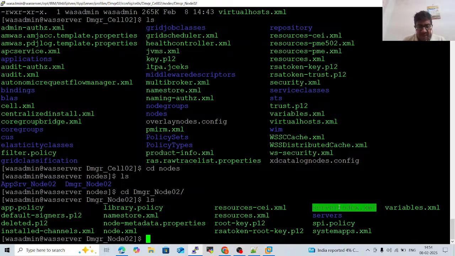Here, in serverindex.xml with vim, I will change